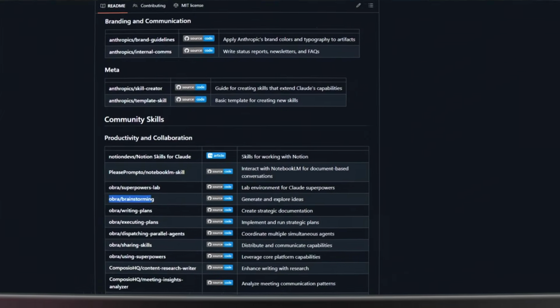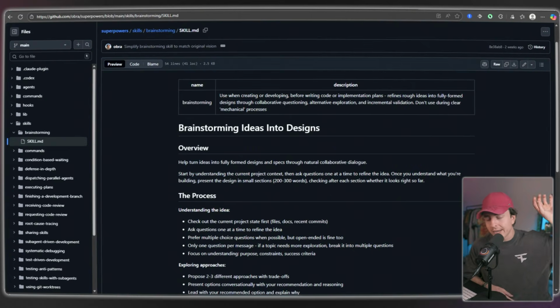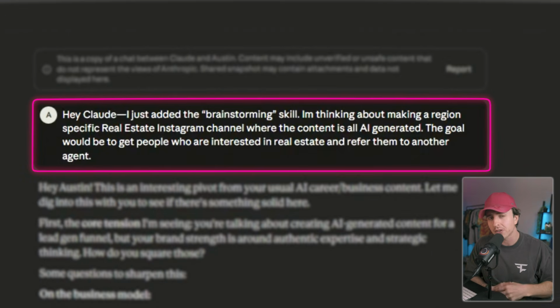It sits on GitHub and I can just download the skill and use it. This is crazy because people are going to collaborate across the world to improve these skills. And over time, these skills will get better so that this skill, let's say in this case, brainstorming, gets optimized by thousands of people across the planet. And eventually skills will become obsolete because you no longer need them because you could just download it like it's computer code. So I download this skill, I upload it, and in this case, I'm brainstorming ideas for my business,